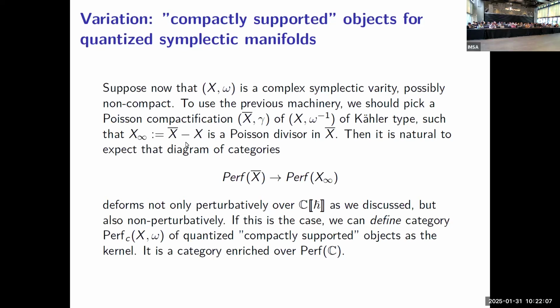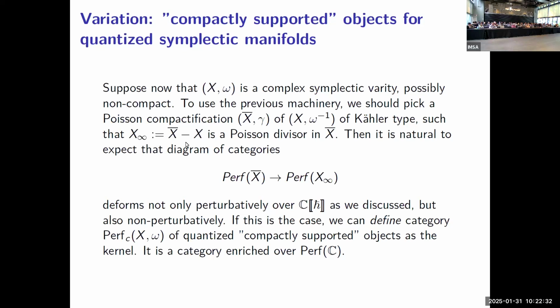So this is a Poisson compactification of Kähler type, compared to this Poisson divisor. Then we expect from the whole picture that we get an actual non-perturbative deformation of perfect complexes. One can also get this U(1) drop, I just skip it for brevity. But one can also hope that this category of perfect complexes on this divisor at infinity